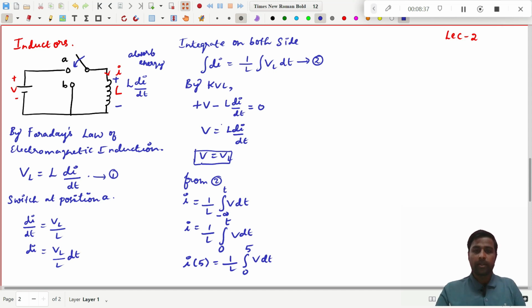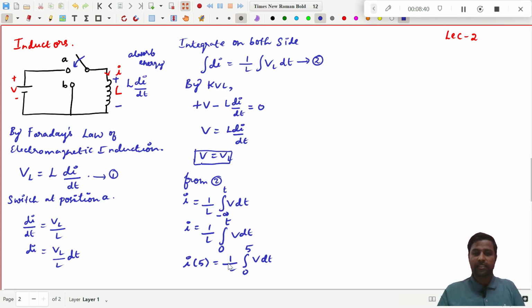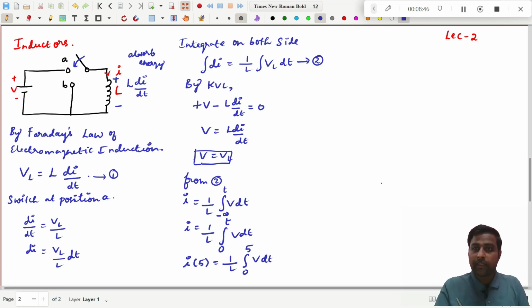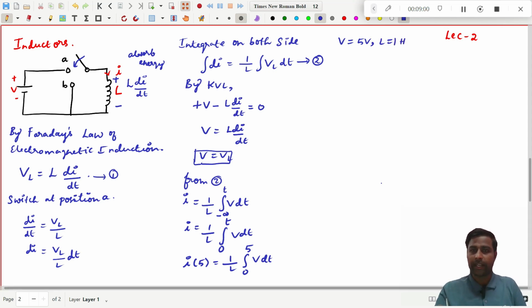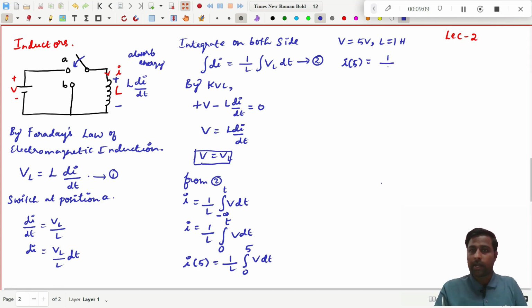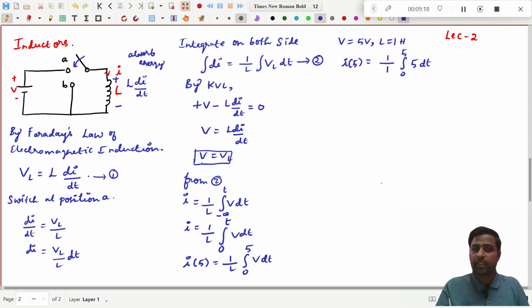So you see, now for our convenience, let us consider the inductor value and the voltage value. So let us consider V is equal to 5 volt and inductor is equal to 1 Henry, right? And now you see here, you substitute these values here. So I at 5 seconds will be equal to 1 by 1 integration of 0 to 5. What is the V value here? V is 5 into dt. So if you simplify this expression,